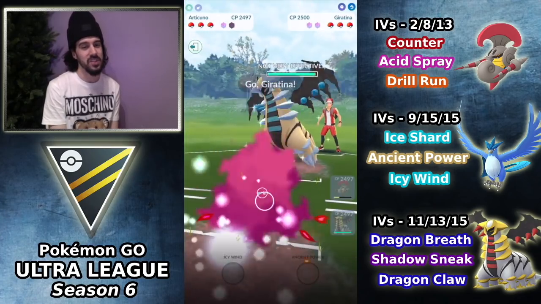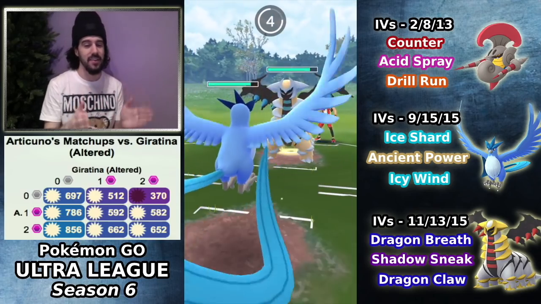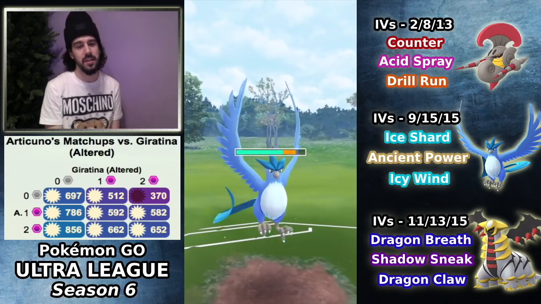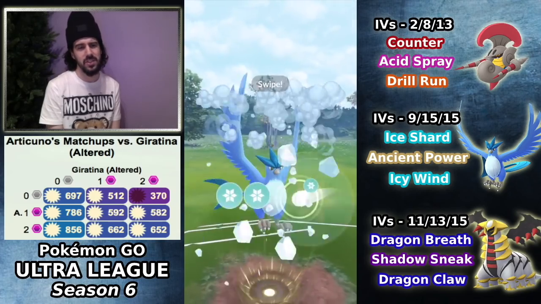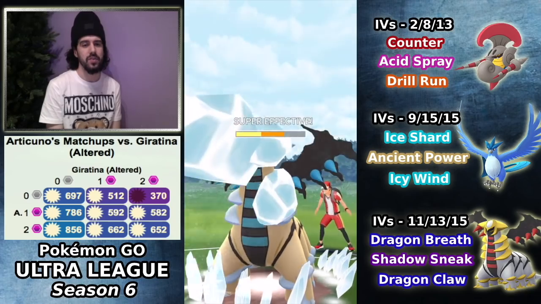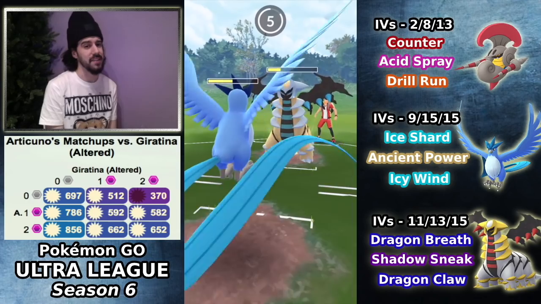shield there. They switch on to Giratina, and you know me, the Iceman loves to see a Giratina switch lock itself into a match because Articuno is going to come in. So at this point, it is a Dragon Breath Giratina, but it still doesn't really change much. I'm still going to be able to win this match in all shields, and we are going to go for the Icy Wind debuff. At this point, because I already wasted one shield on the Escavalier, I don't really want